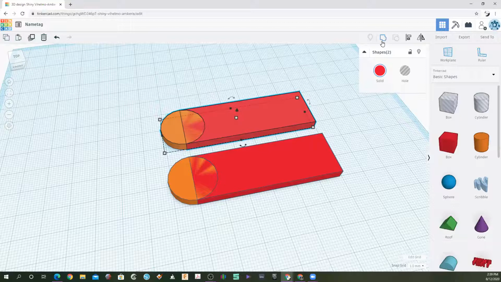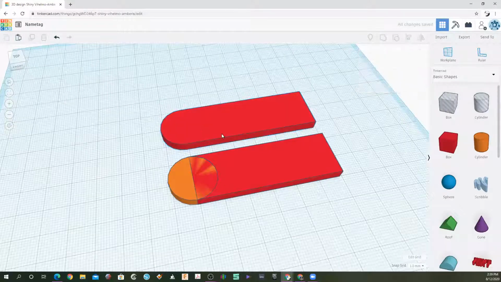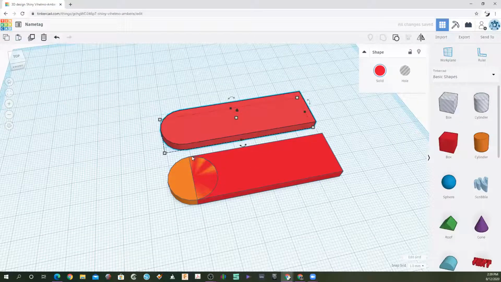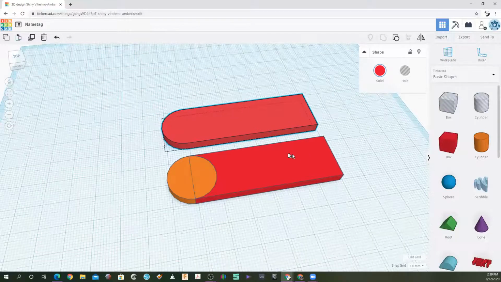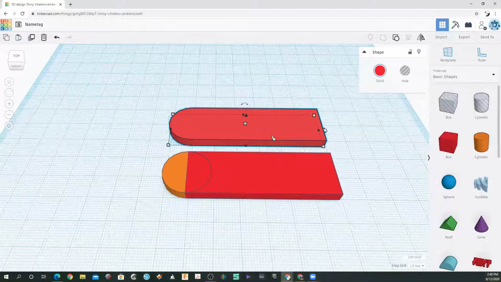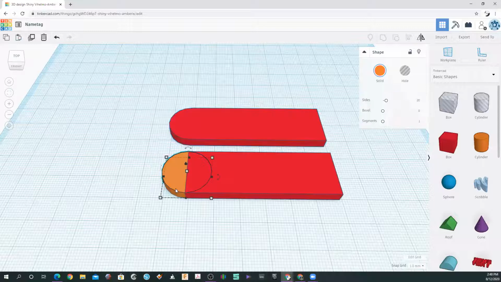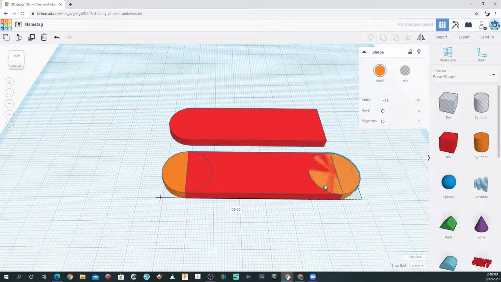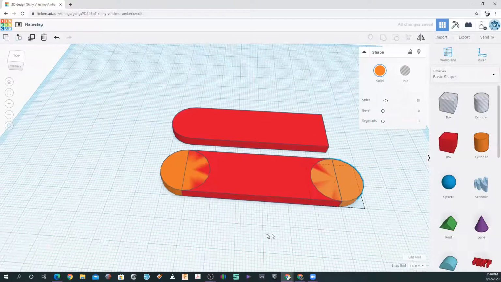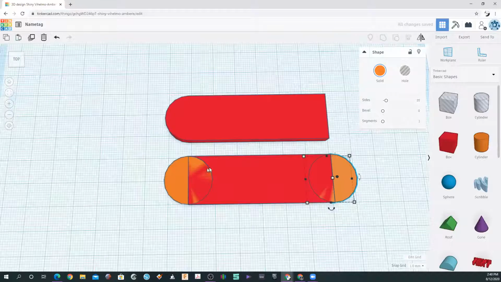So let's combine these 2. So now we have this style of maybe like a key fob type of look, or almost USB. That's what it kind of looks like. But then this one, I'm going to duplicate. So Control D, and then move this down to the other side. And then